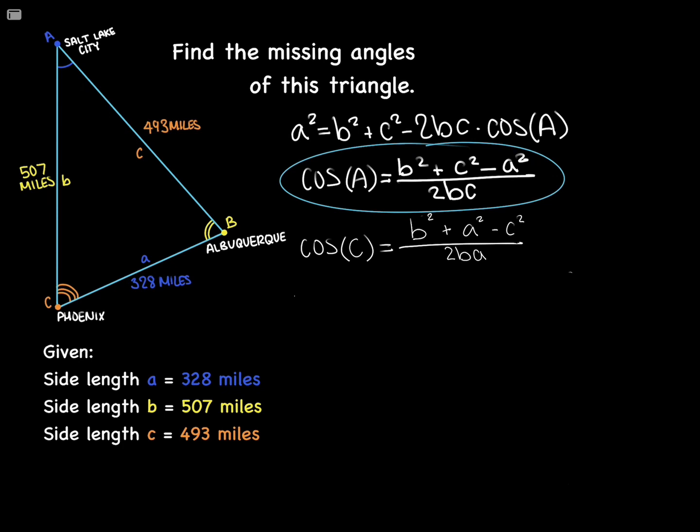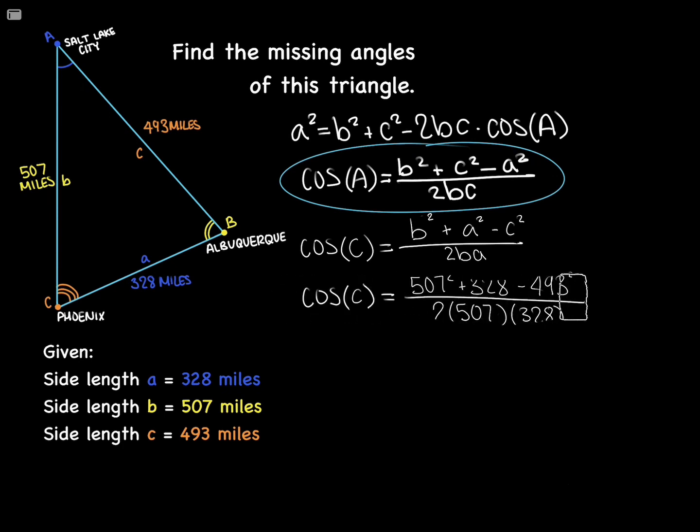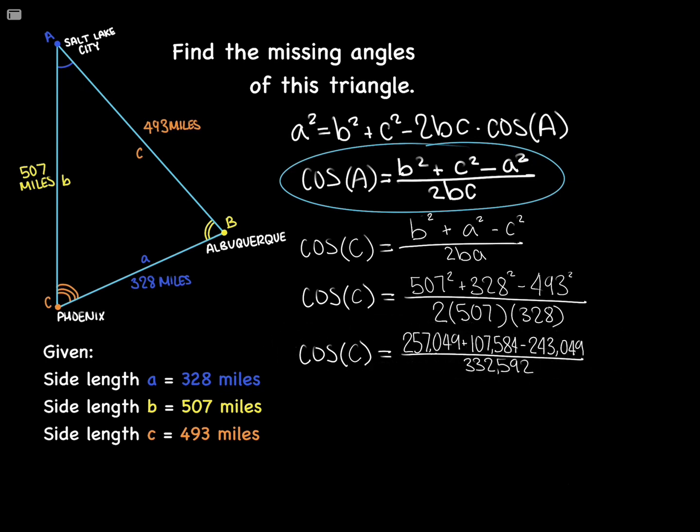Now let's fill in the numbers. The cosine of C equals 507 squared plus 328 squared minus 493 squared over 2 times 507 times 328. We would then get the cosine of C equals 257,049 plus 107,584 minus 243,049 over 332,592. When simplified, we get the cosine of C equals